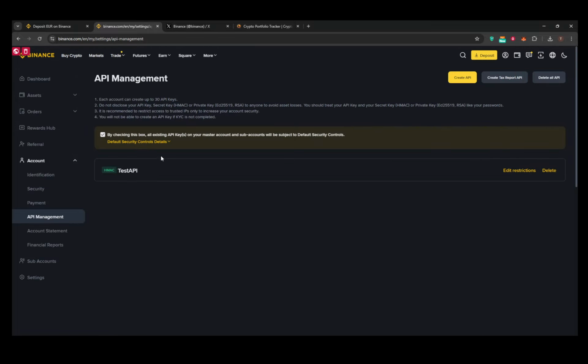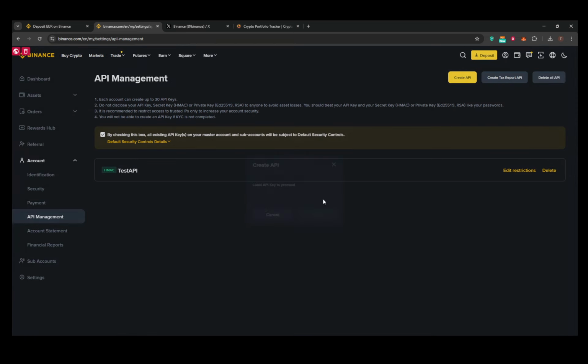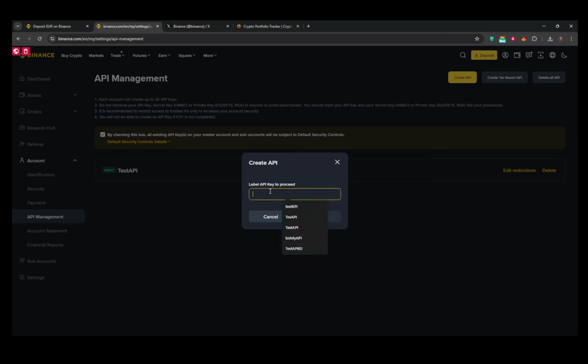Here, you'll be prompted to choose a name or label for your new API key. You can name it something memorable like CoinStats Tracker. After you've settled on a name, complete the required security verifications. These verifications could include email and phone confirmations, or they might request you to use a two-factor authentication app like